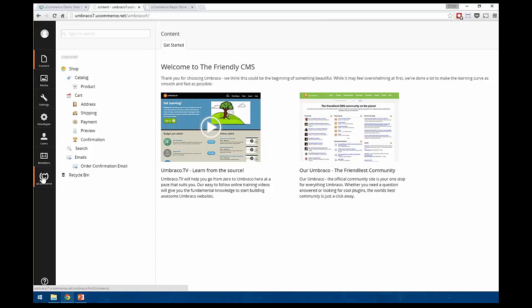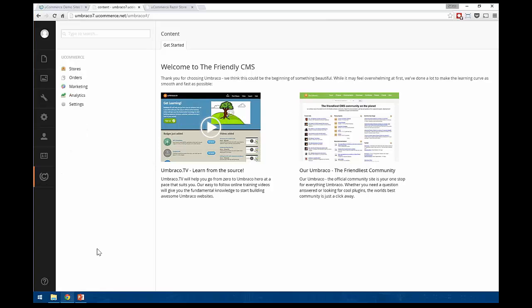It sits here at the bottom. And when we open that up, we'll get access to the main areas of uCommerce, the catalog foundation, as we call it, where you deal with all the stores, catalogs, products, all that good stuff. The order section, this is where you'll see the order management tools, where you have a workflow to deal with how orders should be fulfilled.